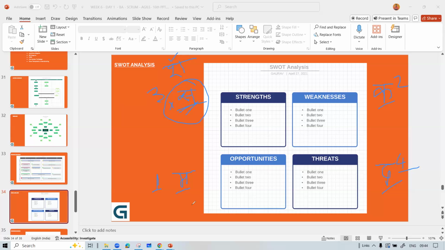Opportunities is Mauka, so the initial M is Mauka. K is kamzori, that is weakness, and threat is dikkat. So when you take the first letters and combine them, it will lead you towards your maqsad, your goal. All with me? It's easy to remember why you need to do this SWOT analysis. So whenever you do a SWOT analysis, you need to understand the purpose behind it. If you are very clear that the purpose is to help others go closer to their goal, then remember this word maqsad and how it has been abbreviated.